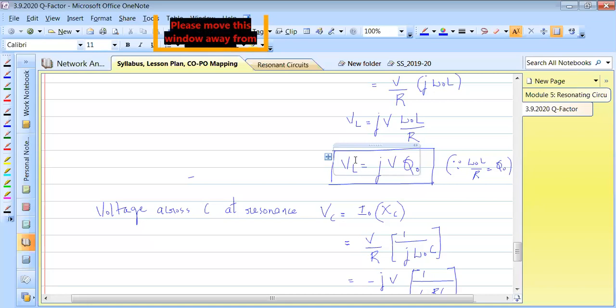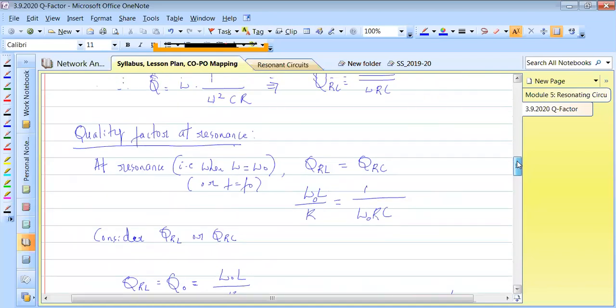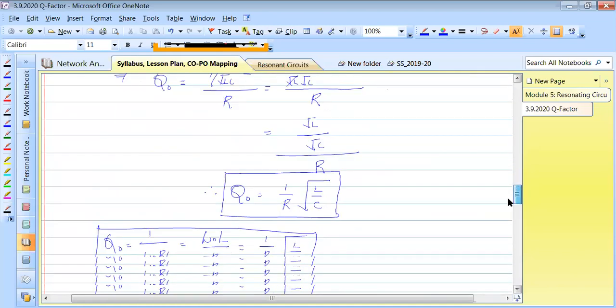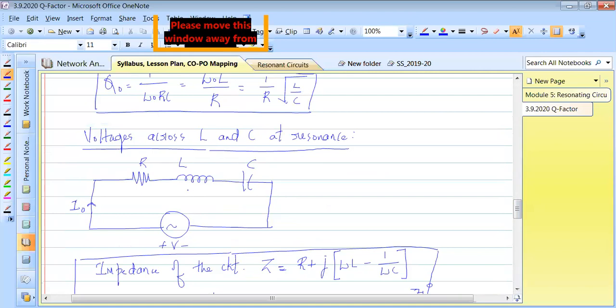Understand that? So if you take the voltages across the capacitor and the inductor, let me write that. See here, the voltage across L is VL, the voltage across C is VC. And if you compare this VL with V or compare this VC with V at resonance, what we should understand is at omega equal to omega naught, that is at resonance, VL is very much greater than the applied voltage. Similarly,